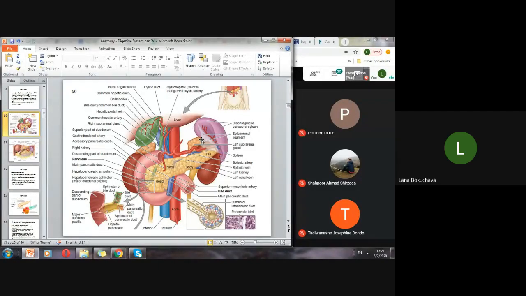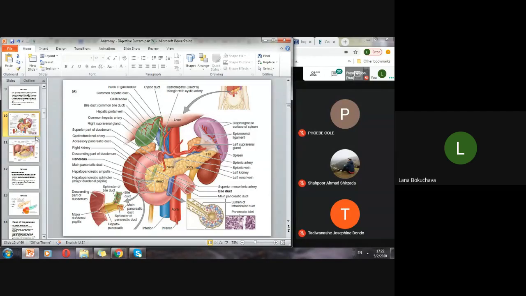First of all, there is the general localization of the pancreas, where we can find it. Although we said that it is mainly associated with both the right and the left side of the abdominal cavity, as you can see here. But what is also important is its anatomical relationship to the peritoneum. This is important to remember, as well as the vertebral level at which it resides. From the picture, though it's not very well seen, it is mainly localized at the level of the L1 and L2 regions,